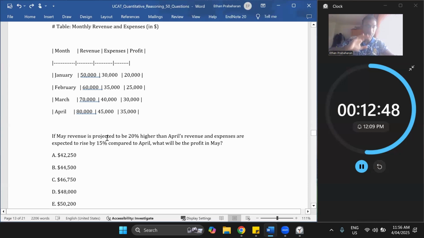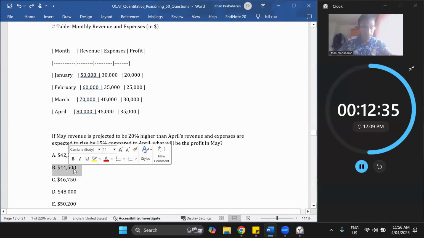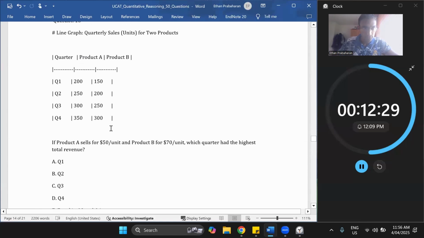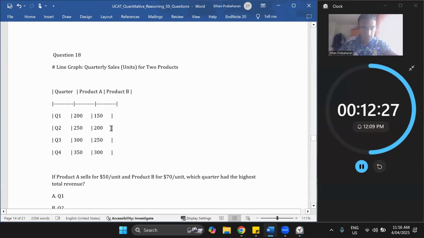20% higher. Okay, so it'd be 96K versus, that would be 10K higher than this, which is this. Close enough. All right, if a product A sells for $50 a unit and B is $70 a unit, which